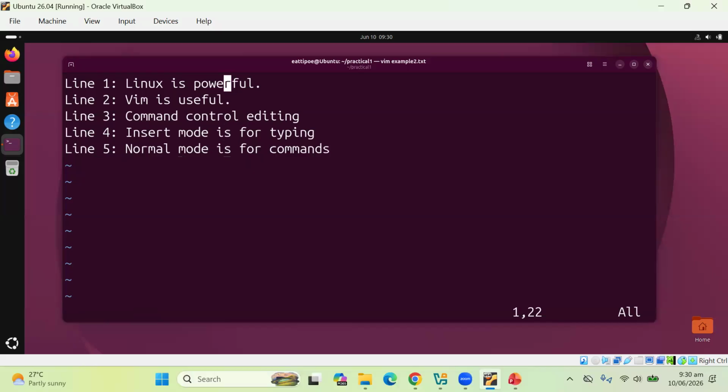J will go down. And then H will move to the left. You can use the arrow keys, but the alternative is the use of these key characters, okay? And when you use the dollar sign,